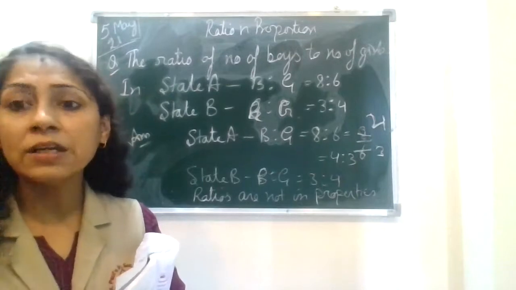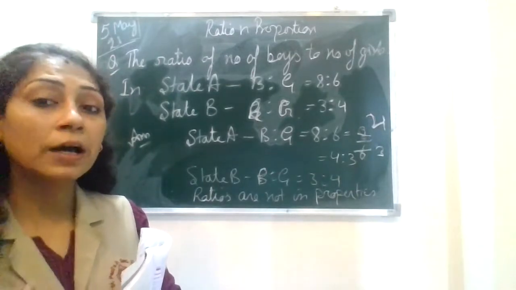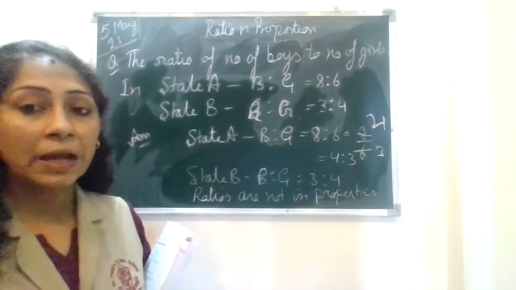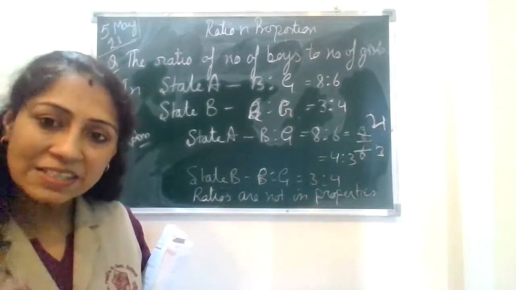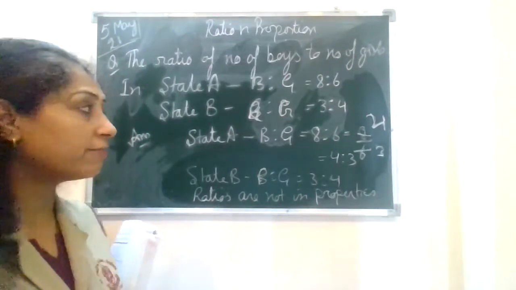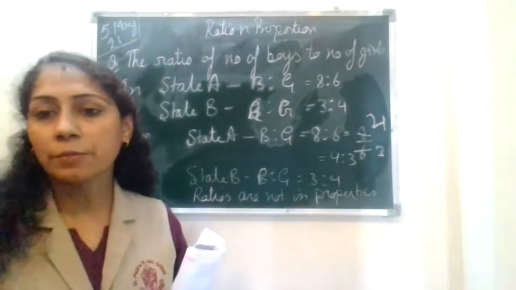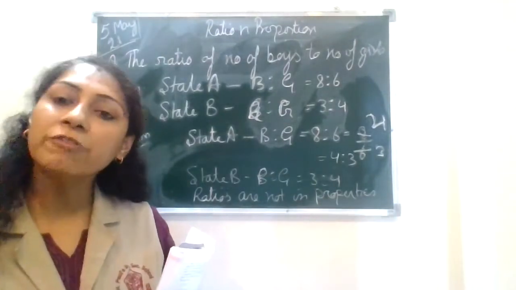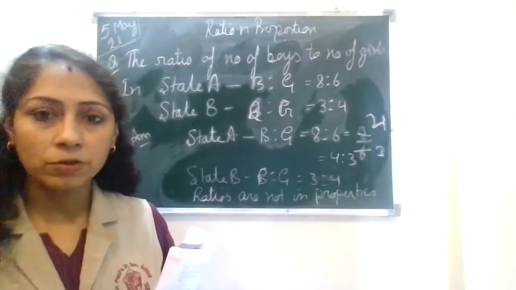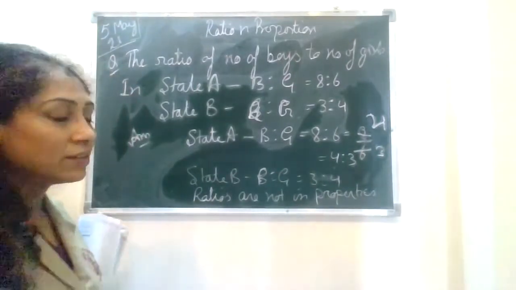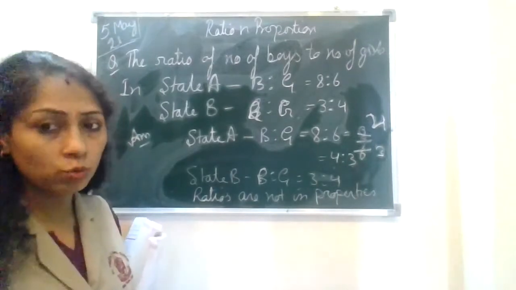Girls are not given priority, and baby girls are being killed by considering them a burden in the family, an additional burden. So baby girls are being killed in the womb itself, by determining the gender of the fetus, and then the family decides to get rid of